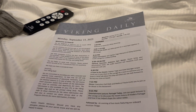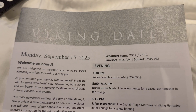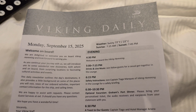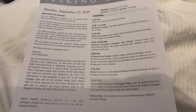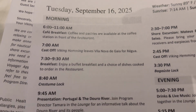So one of the great things about Viking is that they give you what they call the Viking Daily. And that comes out during the port talks, they call them here. And you basically learn at the port talks what you're doing the next day, and that happens always just before dinner. So generally around 6:30, dinner is generally served around 7. And in the Viking Daily, you'll get it repeated. So it'll tell you exactly what the schedule is for the day,